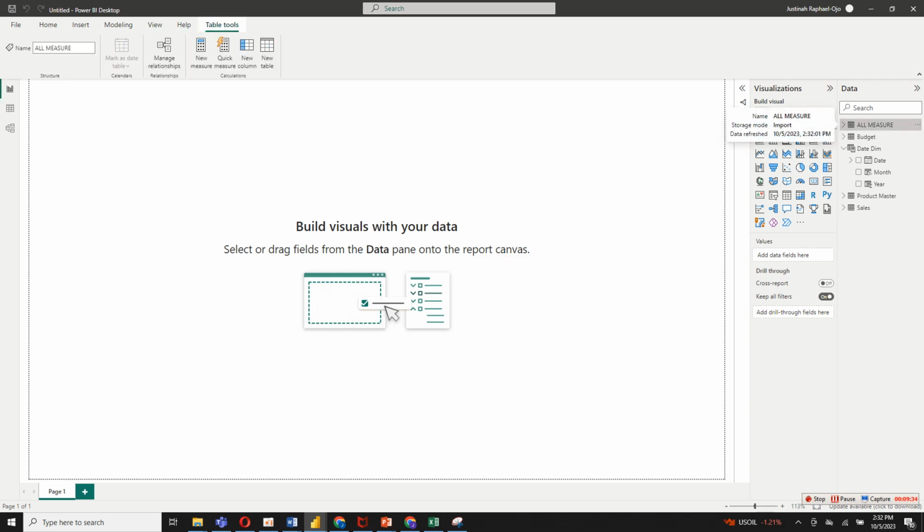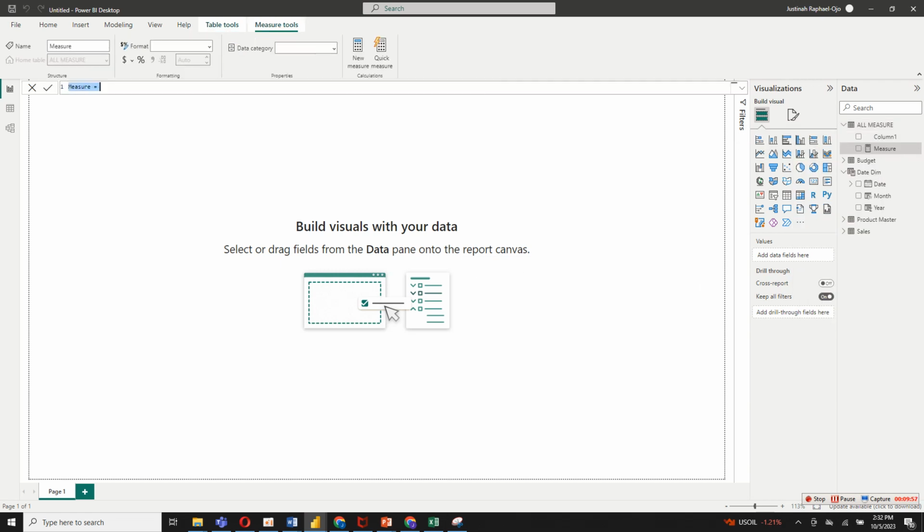So now it's time for me to start creating each of these sales, each of these KPIs. The first thing that I want to do is to create the CY sale, that's the current year sale. So I'm going to click on new measure, and I'm going to be using that to create it. So now I will just write CY sales equals to,